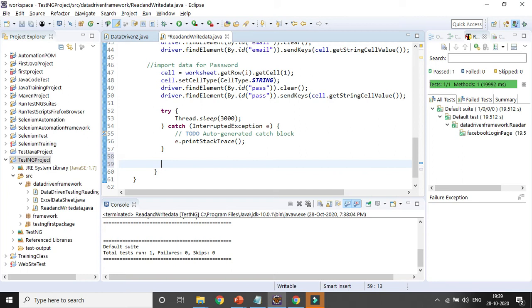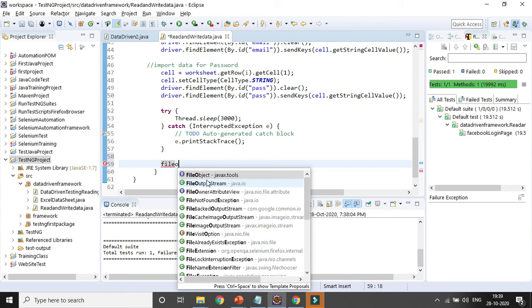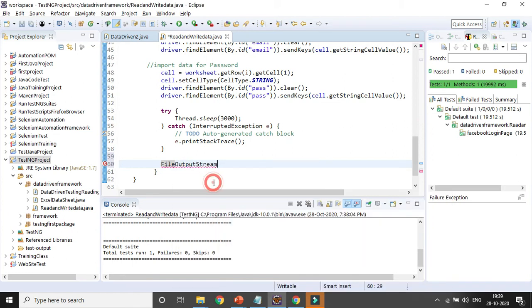You know, whenever you want to write some data, you have to use another class. So I will just type file and press Ctrl space bar. You can see file output stream. So I will use the output stream. Here I will be using another variable, FOS, output stream equal to new file output stream, and I will be passing the reference as file.